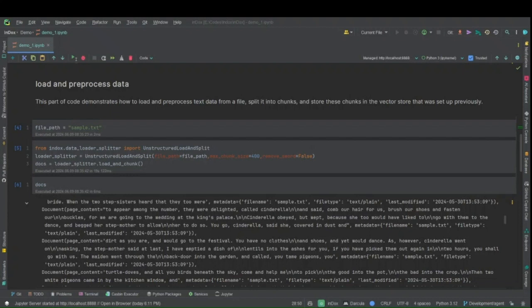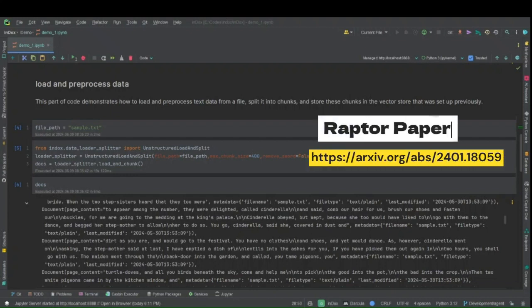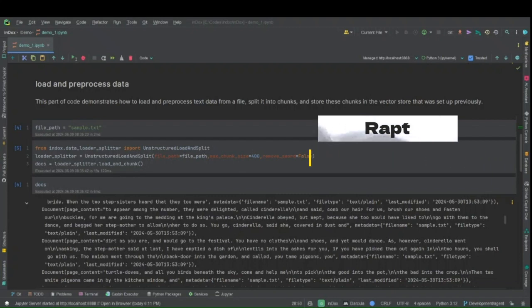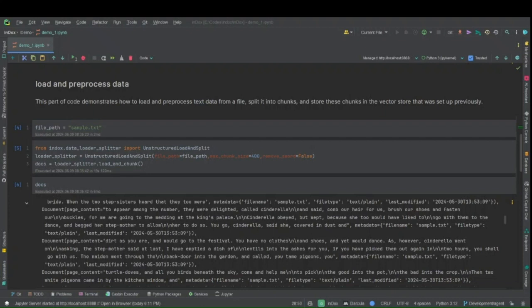In addition to the unstructured library, for text and PDF only, we can import the cluster split. Cluster split adds a clustering layer that creates chunks based on summaries of previous chunks, which improves the model's understanding when the model responds. I should say this cluster split method is inspired by the RAPTOR paper. For this step, we just have to define the file path. There is no need to load it separately, just provide the file path.